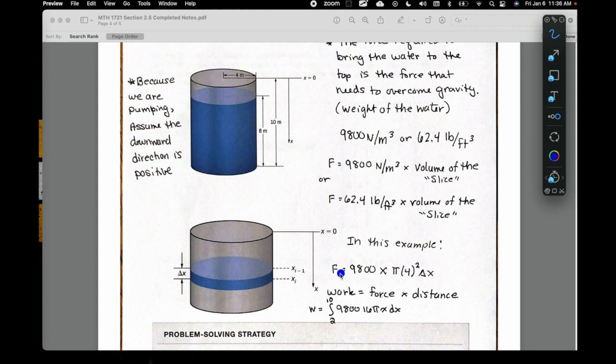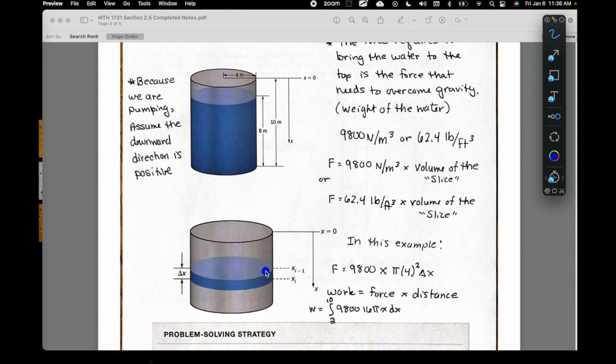So this is going to be my force. Then I have to multiply it. Remember, work is force times distance. So if I want to find the force that's going to lift just this one partition, just this one slice, I have to then move it the distance. So the distance we're calling x, that it's going to be moved. So when I add in an x over here to find my work for moving just this piece here, just